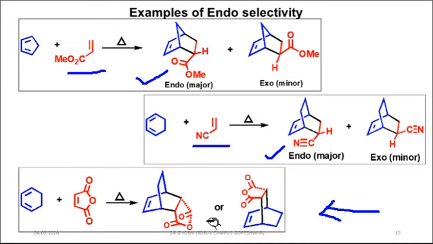The depiction of two different orientations of bonds: one orientation we can represent the endo product formation like this, and we can also write the representation of the endo product like this. In both cases, it will reflect the secondary orbital interaction between the orbitals of these groups as well as the orbitals of this diene, hence favoring the endo product.